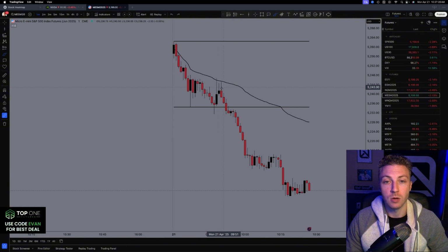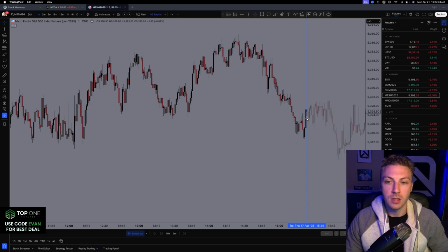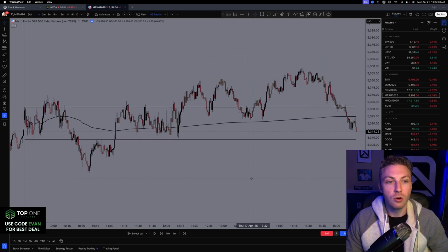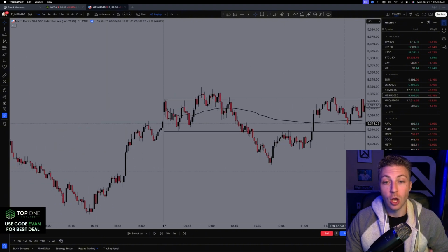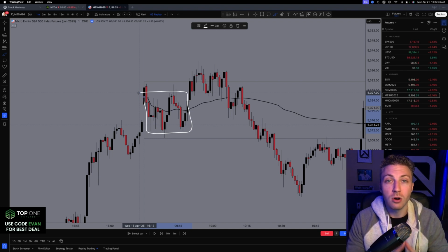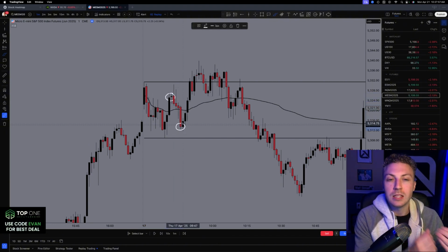We'll look at some other examples where you'll see it's not that clear, as we can go to yesterday, or the previous Thursday, the last day of price action. So let's rewind it here and get our levels, and you can see the New York VWAP. First things first, at the open, potential longs, as it's just chopping here at the New York open. We don't want anything to do with that because the New York VWAP is flat. It's telling you no one's really in control. So although we are closing above it for a second and then closing below it for a second, it's still flat. No one's really clearly in control.